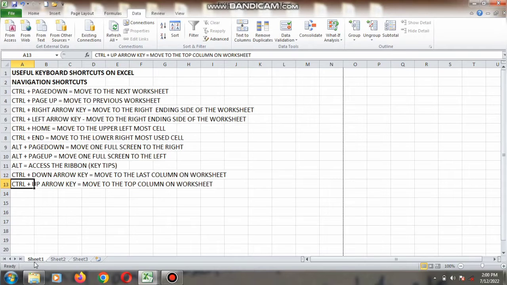So we also have Alt plus Page Down. That is the Alternate key plus Page Down. It moves one full screen to the right. Look at our column heading. We are on column A to column U, right here on my sheet. It's going to move me from column U, from column V to the next column heading, not another sheet. The same sheet, but different